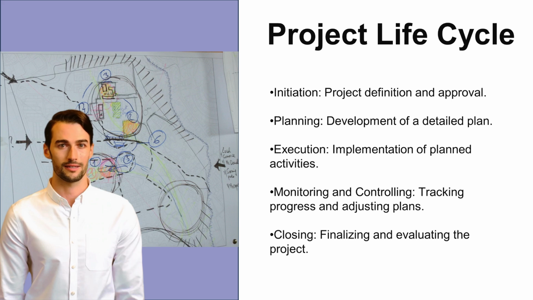Here are the typical phases. Initiation. The project is defined broadly. Key activities include developing a project charter, defining scope, identifying stakeholders, and getting approval or authorization. Planning. Detailed planning to define scope, objectives, and deliverables. Activities include creating a project plan, schedules, identifying resources, communication plans, quality standards, and risk assessment.